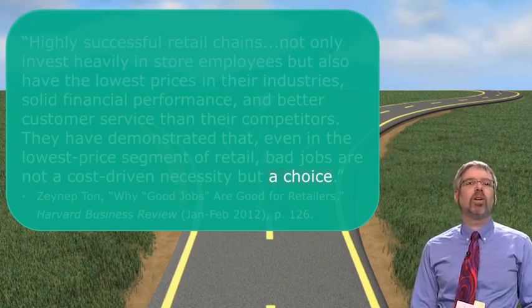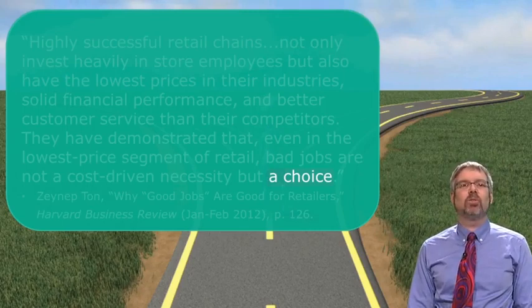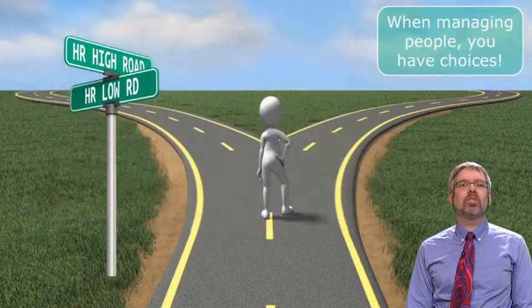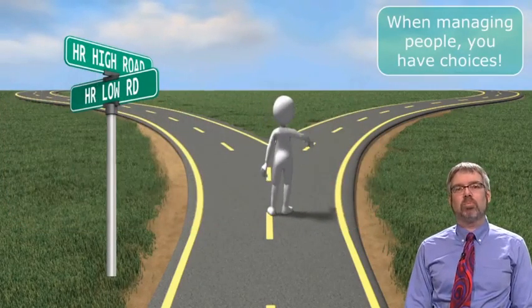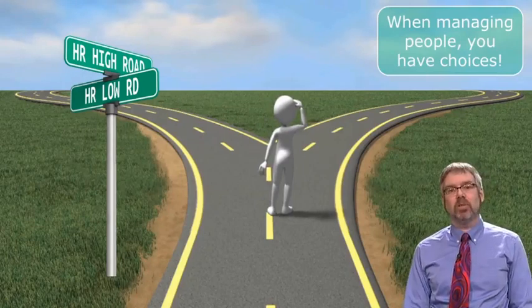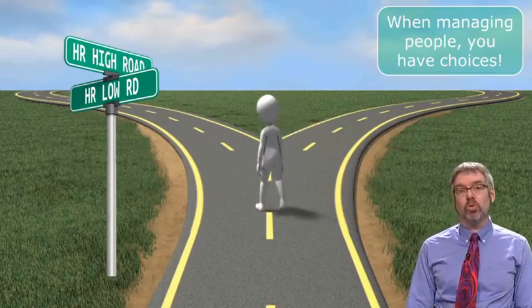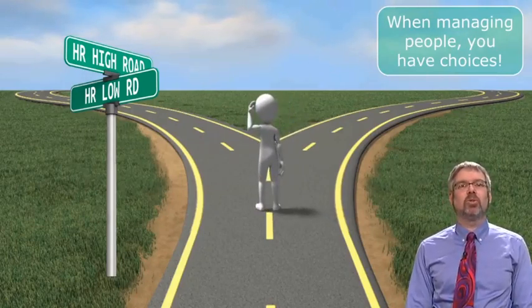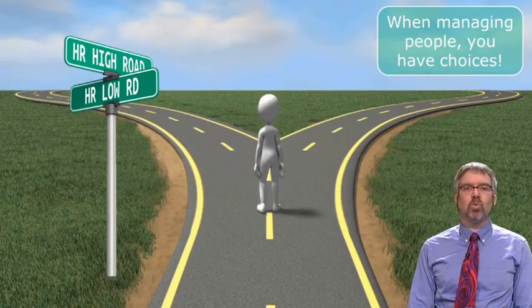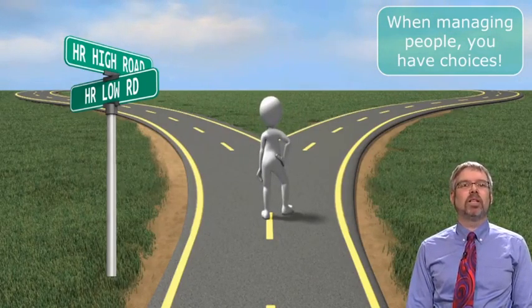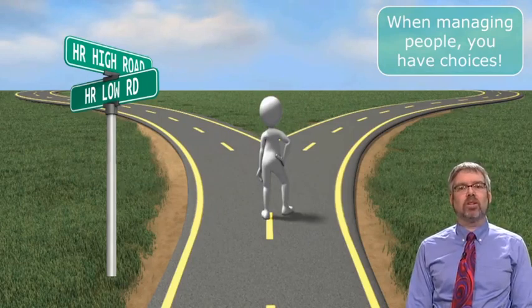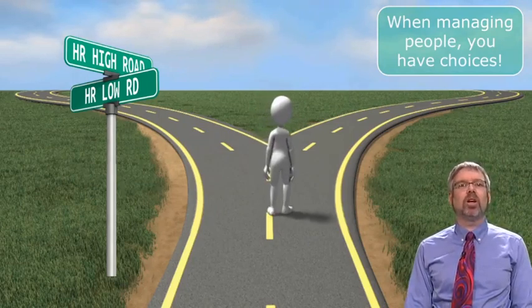So again, I want to emphasize that when managing employees, you have a choice. Organizations and managers often default to very simple ways of managing people, reactive ways of managing people, tightly controlled ways of managing people, and assume that the competitive landscape forces one way or another. But as the comparison of Costco and Sam's Club illustrates, you have choices.